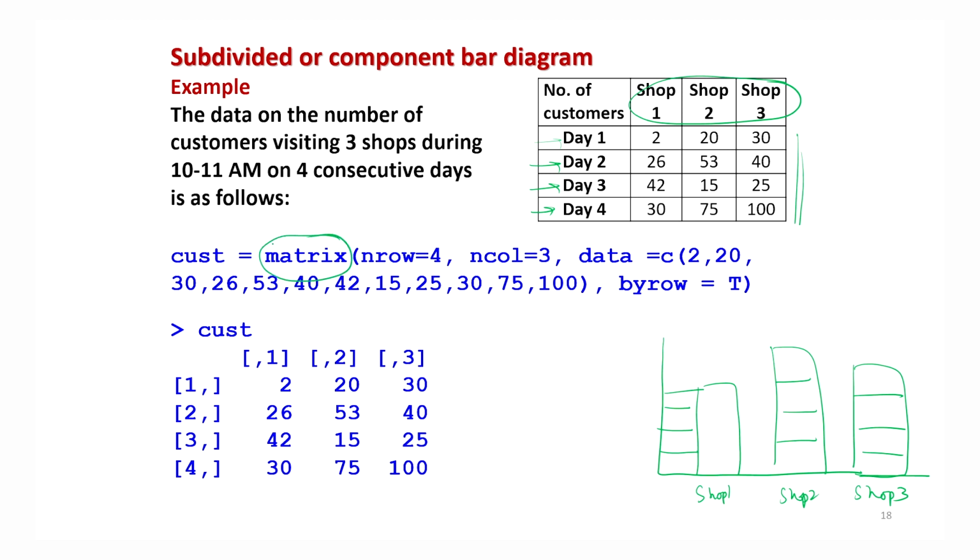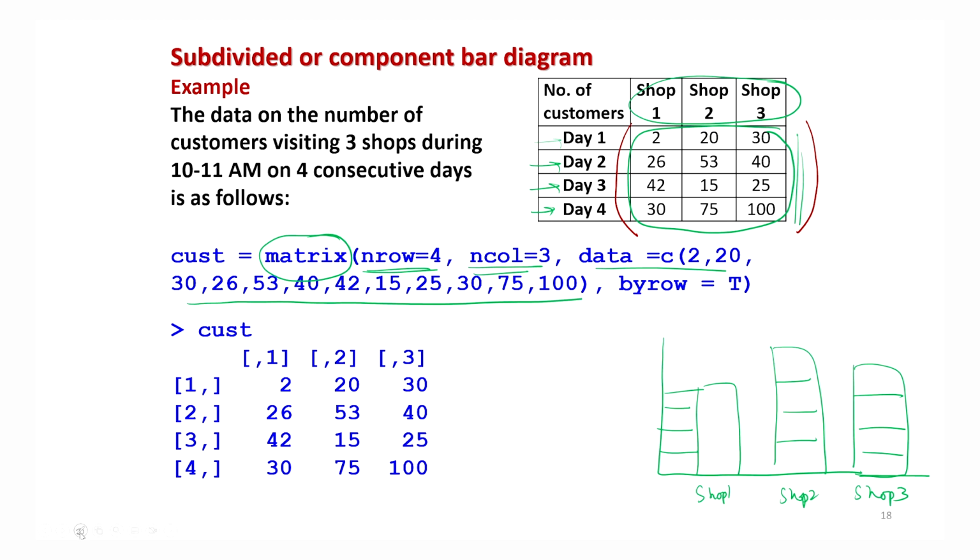we have to input the data in a matrix format, right? So if you try to see, this is the data, and we want to create a matrix like this one, where the rows indicate the days and the columns indicate the shop numbers. So now you know how to enter this data and create such a matrix, so I will not repeat that, but anyway, I have given the basic command, the matrix. Number of rows is 4, number of columns is 3, and the data has to be entered by rows. So I have written it in this order, like this.